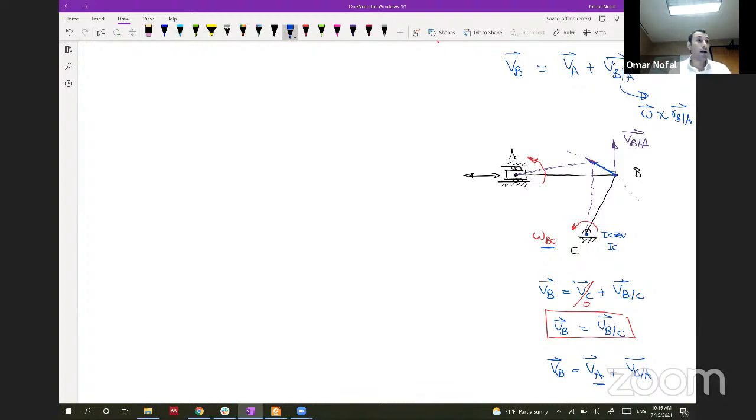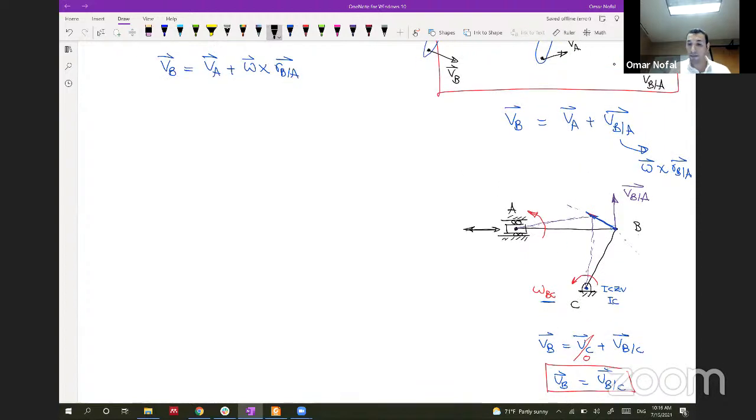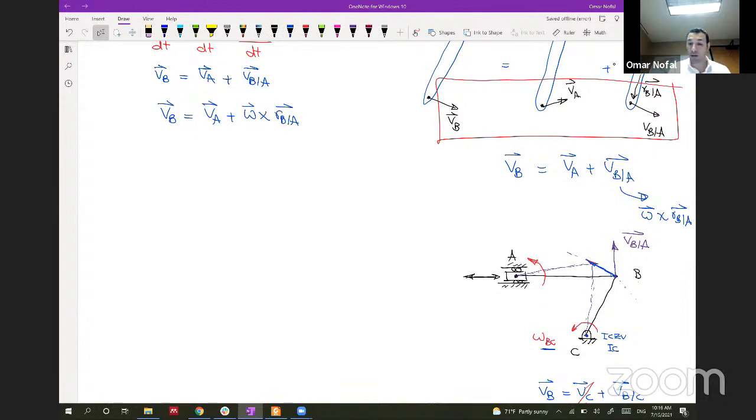Okay, let's make this complicated. What if we have a multi-bar linkage, like you have a bar like this, and then you have a bar like, it's not a bar, it's not a line. Okay, let's have this, and that. And before I do this,